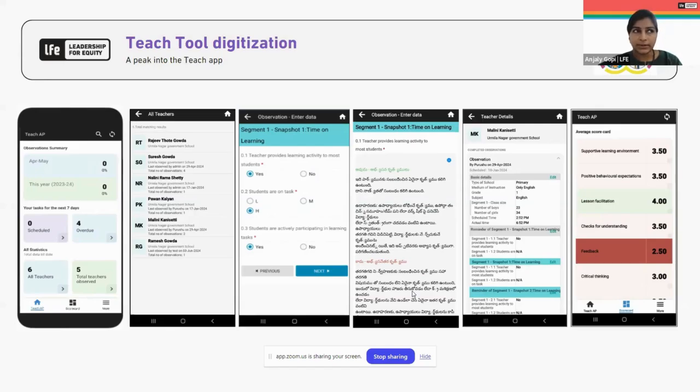So that means 30 into 3, there are 90 combinations. For a user to remember these 90 combinations by heart is kind of difficult.